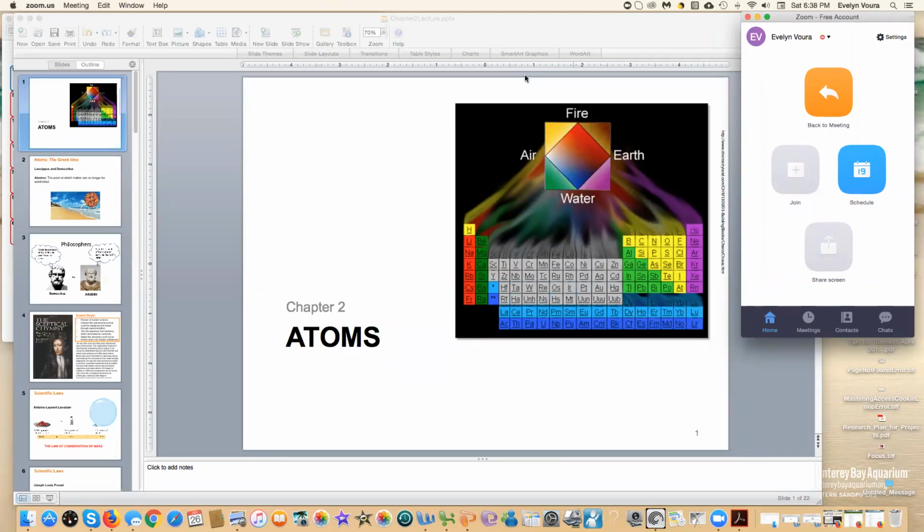So let's go over chapter 2. This is kind of a short chapter. In class, we're watching some videos and stuff, and this is really now to get started into the meat of the class. Some of these concepts that I'm going over in this chapter, we will see again, so don't panic if this is really new to you and you think, oh my gosh, I've got to figure out how to calculate moles. We'll go over that.